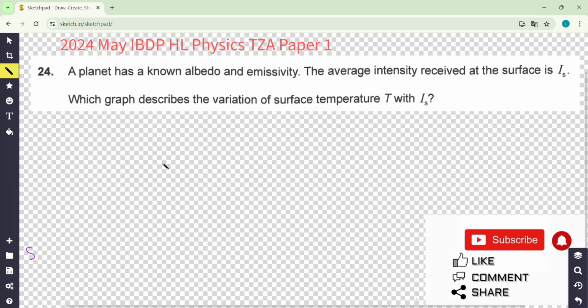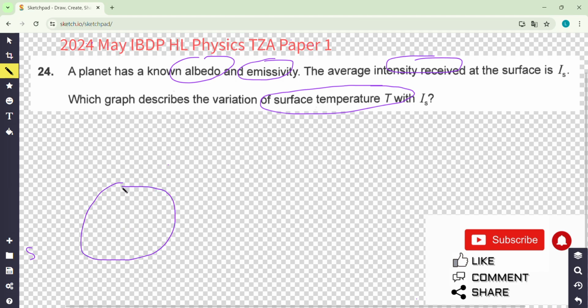Welcome back, everybody. Question 24 is about albedo, emissivity, intensity received, and the temperature of the surface. So it is about the equilibrium. So you will know the Earth is here, incident energy, and part of it is being reflected, and part of it is being absorbed, and the ratio, reflected ratio, is albedo. So the intensity of light absorbed by the Earth is 1 minus albedo,